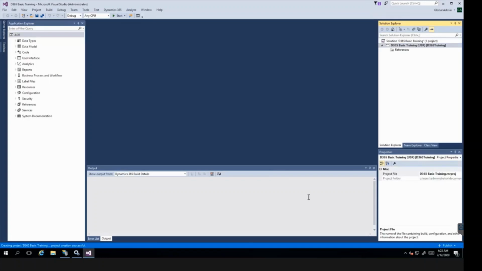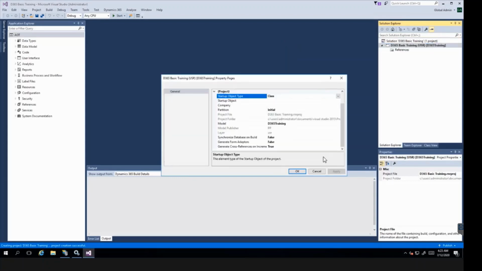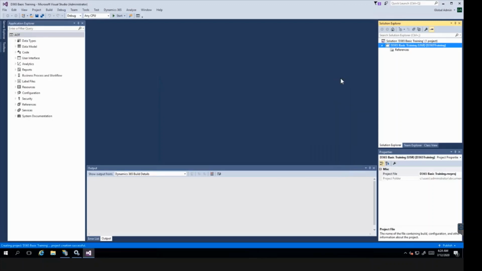So what we did till now is we created one model in this project. If you go to the properties, in this project we have assigned this model. So whatever projects we will create, by default this is going to be our model. Now you are ready to do all your customization under this project. So first we have to create the model project, and now we are ready to use this project for our customization.